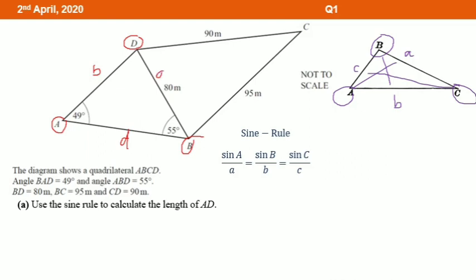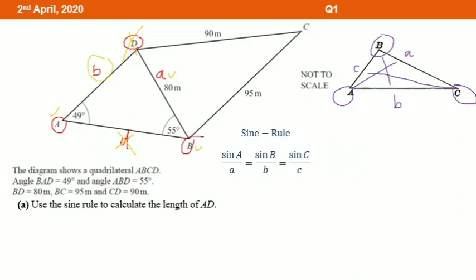Now let us find two pairs of angle and side that already have values. For angle D, do we already have the value? We don't. Do we have the length? We don't, so we can ignore angle D and length d. We can use angle A with length a because they have values. We can use angle B, which already has a value, and we are going to find the length b.